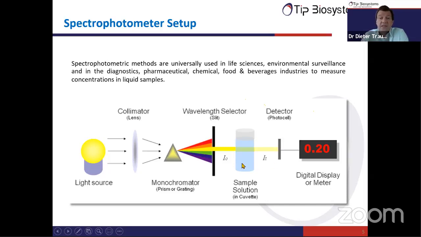But as soon as we have any substance, or it could also be particles that scatter the light, or bacteria cells, if we have some in the sample, some of the initial light intensity, which here is I0, our initial light intensity, will actually be absorbed or scattered, and therefore will not come out here and will not reach the detector. So in this case, the initial light intensity we can call 100%, and only a certain percentage of this is actually reaching the detector.